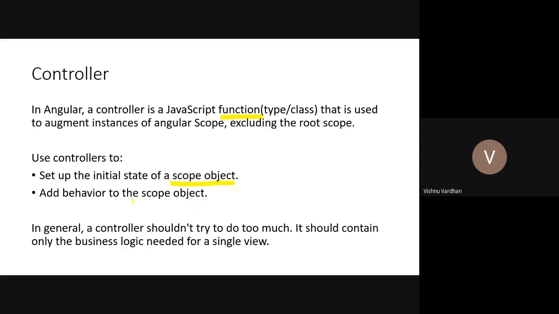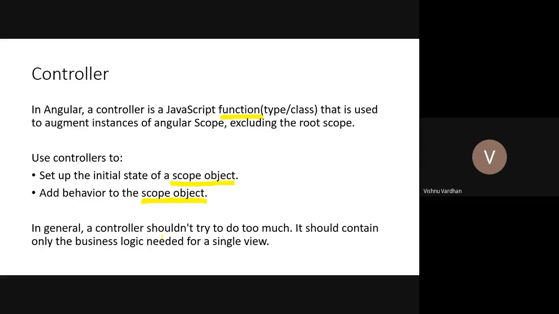Then they add behavior to the scope object. So finally, you write some functions, some classes, some directives, and all of these you attach to this scope object. This scope object is the communicator between the model and the controller, and whenever the model changes, the view portion automatically gets the latest changes so that they can be presented in the browser. So the main communicator is this scope object, which is globally available in your AngularJS application scope.